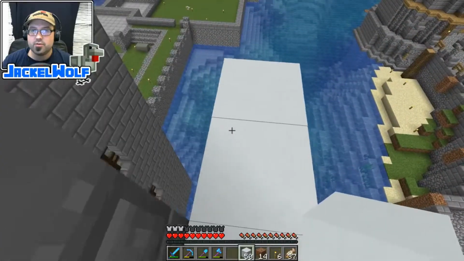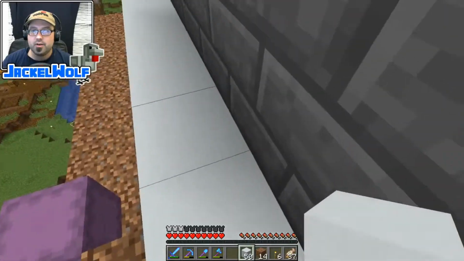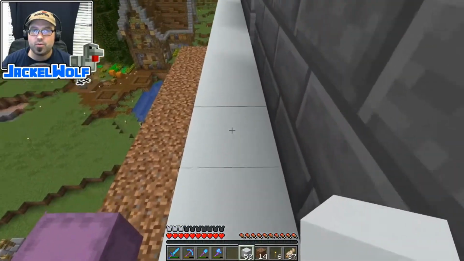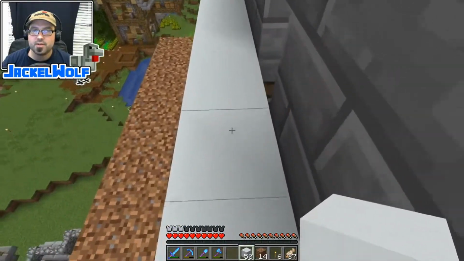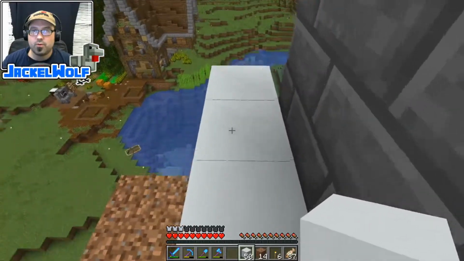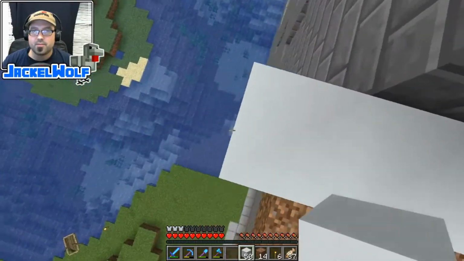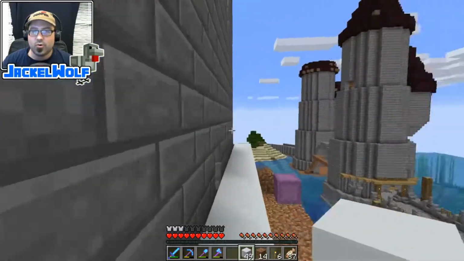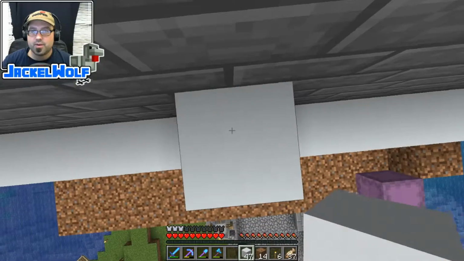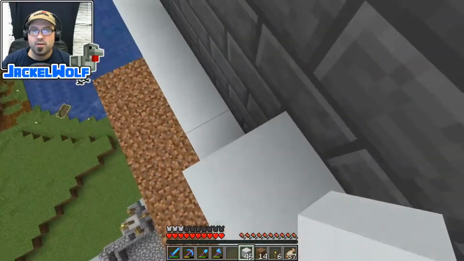Why am I 2 over here? 1, 2, 3, 4, 5, 6, 7. 1, 2, 3, 4, 5, 6. Okay, 6, 7. So yeah, already making mistakes. And then we're going to go 1, 2, 3. Actually, let's